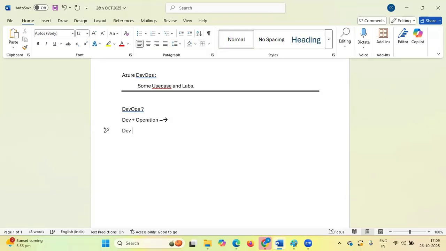In development, the developer is going to write the code.